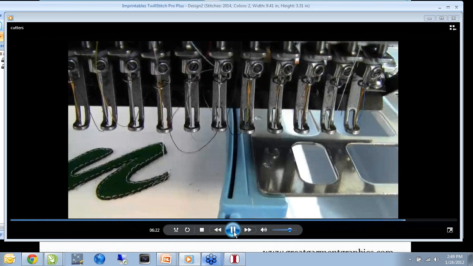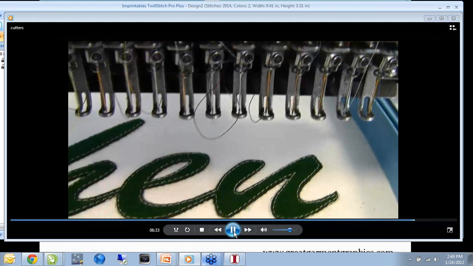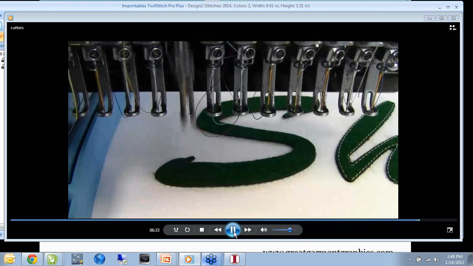And as soon as it's done with the S, I'll pop off the hoop and you guys can see it a little bit closer. And this gives you an idea of how to do one of those specialty effects that are out there. Also on the printing, maybe you don't have that large format digital printer and you want to do